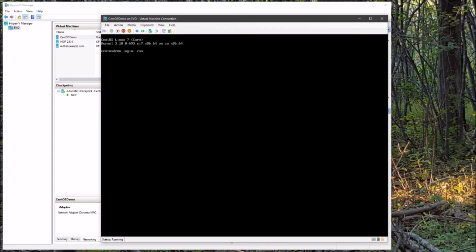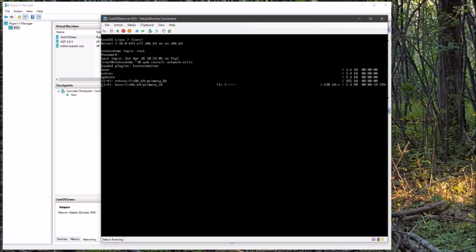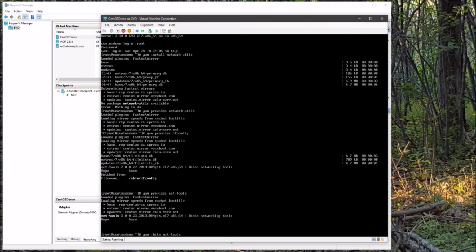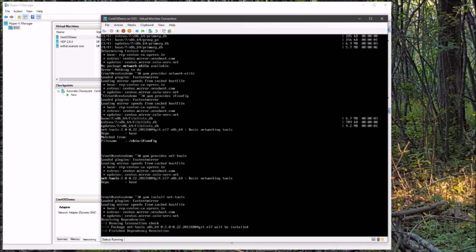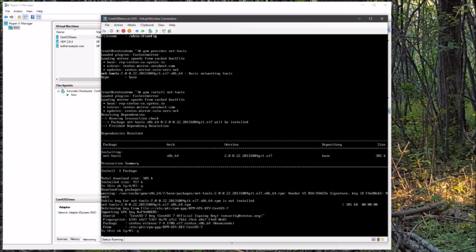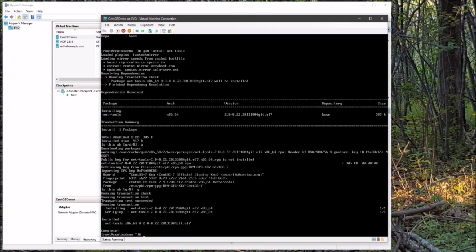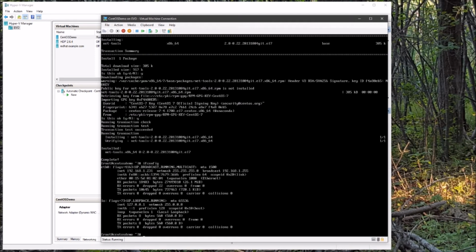So we're back up and running now, so we'll log back in. And if everything's gone correctly, we should now have internet access. So we're going to install, I believe it's network utils, which will give us access to ifconfig. So there we go. It's going to prompt us if we want to install this. Yes, we do. Yep, that's okay. This will take a second to install. And now we should have access to ifconfig. Beautiful. And we can now see our IP address as